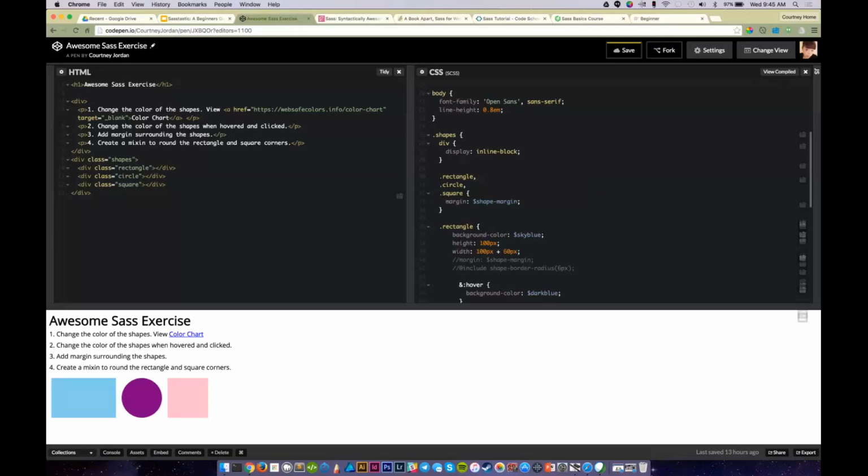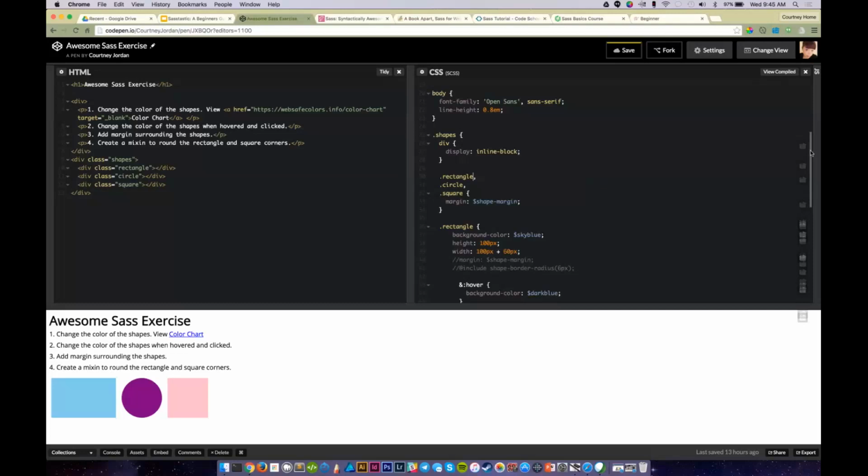All right, so moving on to step 4, we're going to create a mixin to round the rectangle and square corners. So I've already created a mixin up above. Feel free to use this or create your own. It has border radius, and we've given it a variable of radius.